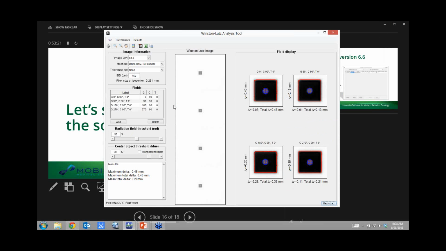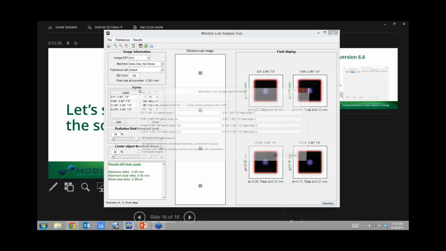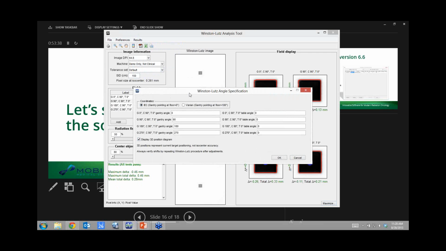And then I can quickly see that here's my maximum delta using my tolerances here, and I can see that all of my tests pass what I've got set up for my default tolerances. And then once I have those, I can calculate my 3D target position. And again, you can see I've only got 4 images here. I could do it with 2, I could do it with 5. It's just going to make sure that I've got the correct gantry